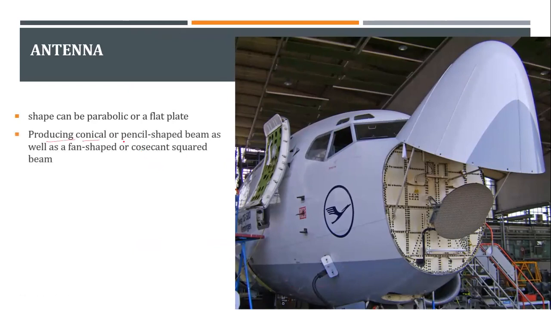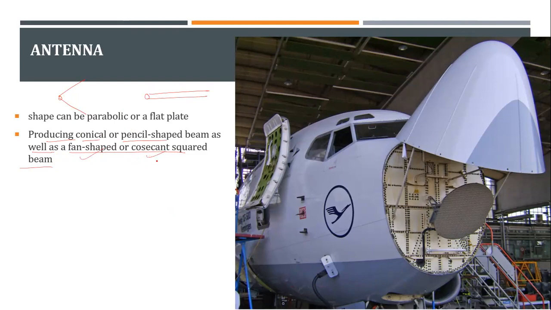It produces a conical and a pencil shaped beam. Now, what is an example of these things? Conical is your mobile flashlight, broad, and the range becomes small. Pencil beam is a torch. If you have a high quality torch, it can go far. In other words, if you have lights in your vehicle, you might have used your headlights, right? There are two options: you can use the beam to extend the range, and you can use a broader one. So the conical one is like a cone, whereas a pencil beam is like a pencil. That is why these words. The conical one is a fan shaped or a cosecant squared beam.